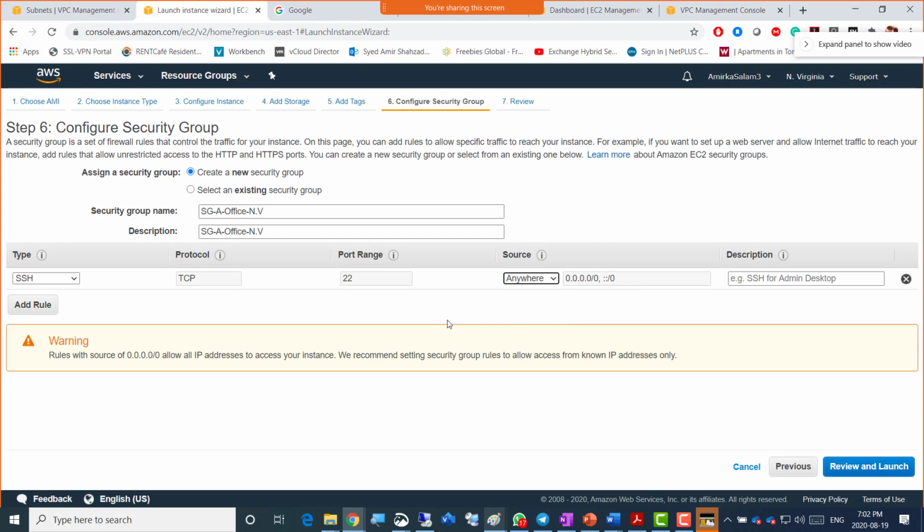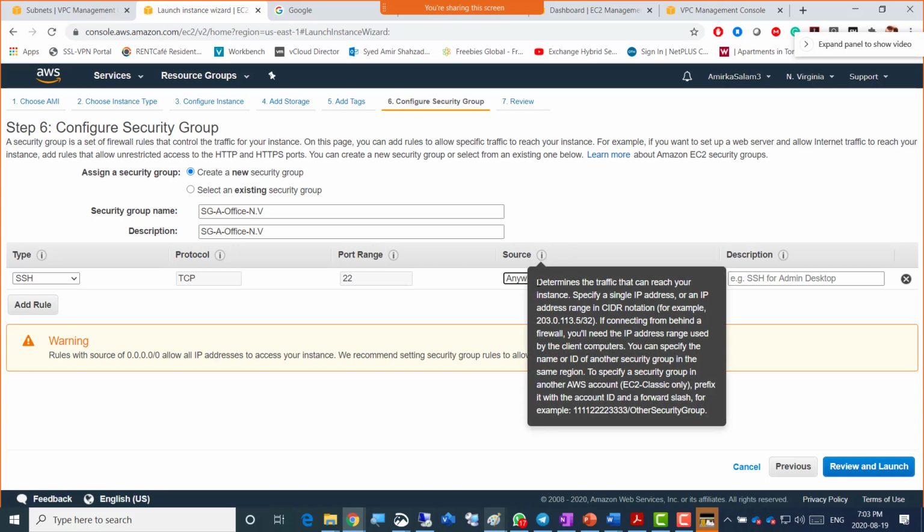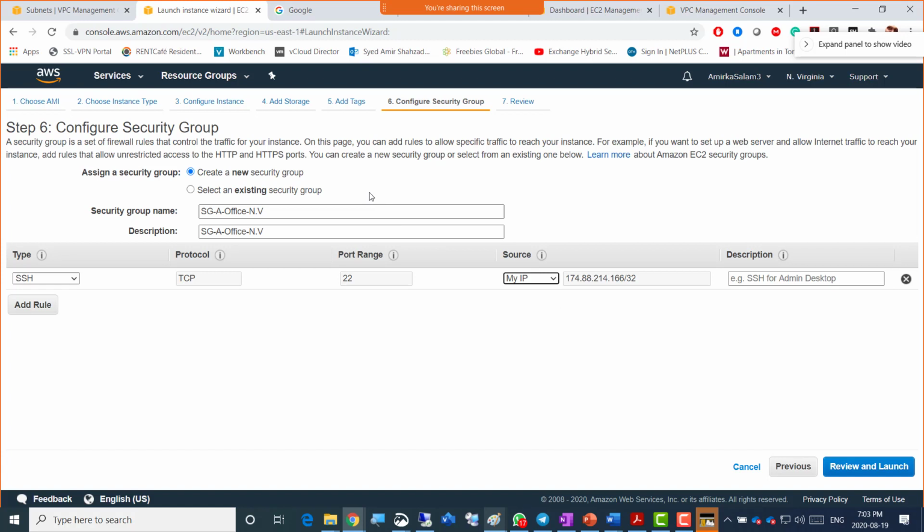So one way is PuTTY. You can connect from PuTTY. Maybe some of you know that, maybe all of you know that. But then we're going to initiate a connection from within the browser to the Linux machine. So if you select My IP here, your home DSL IP will appear here. So in that case,